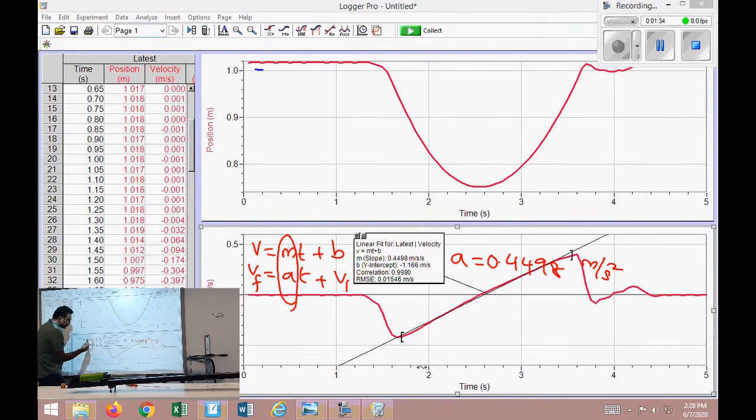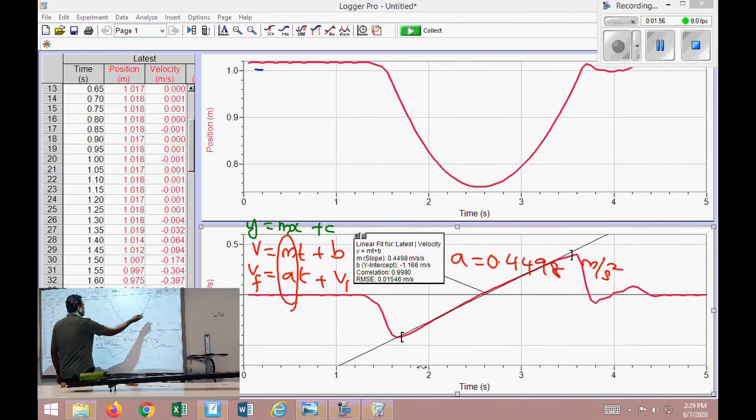Once again, what is this? It's a straight line equation. That means we know that it is y equal to mx plus c, right? Of course, because it's the motion of an object in uniformly accelerated motion, the relation is v final equals v initial plus at, so the slope represents acceleration. Now we know that it's a displacement time relation, and everybody knows that the displacement time relation is x final